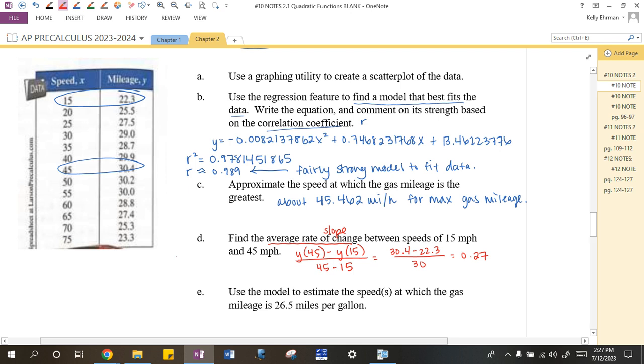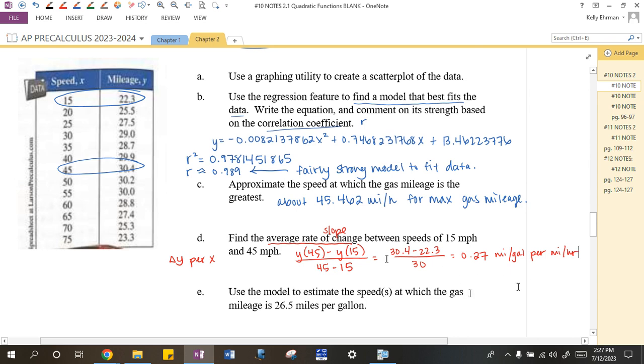So remember, this is change in y. You think of it as change in y per x. Okay, so this is the change in the gas mileage. So 0.27 miles per gallon. I would write the word per instead of another slash, but per mile per hour